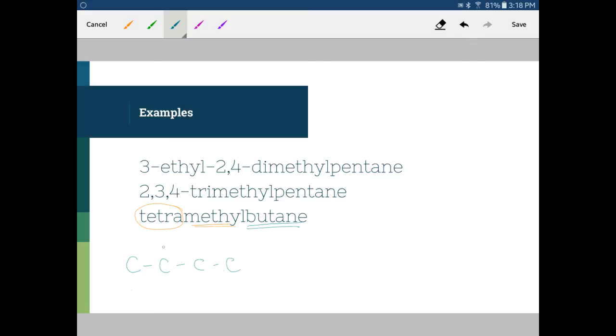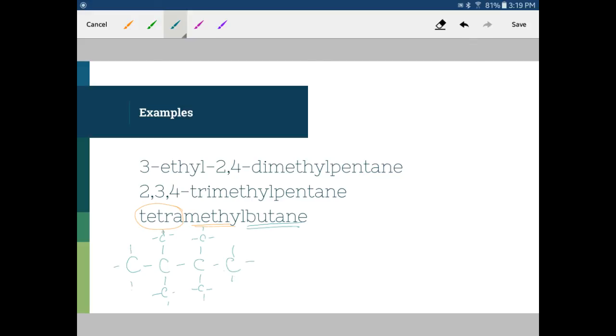However, I do know that each of my center carbon atoms can contain a methyl group. Because there are only 4 possible locations and I have 4 methyl groups, there's only 4 locations that they can be placed. To put numbers, 2,2,3,3-tetramethylbutane would be a little bit redundant, so I don't need to do that. I can simply put in that my methyl groups go here and here,